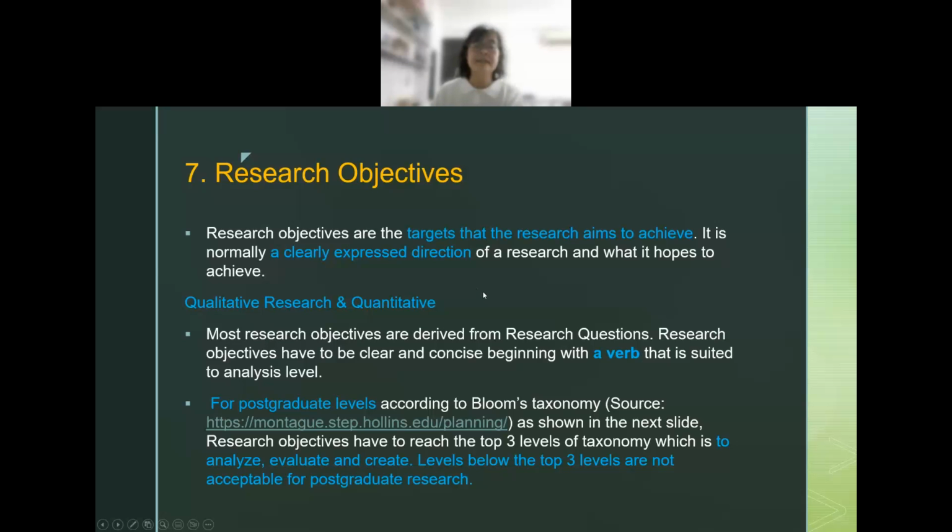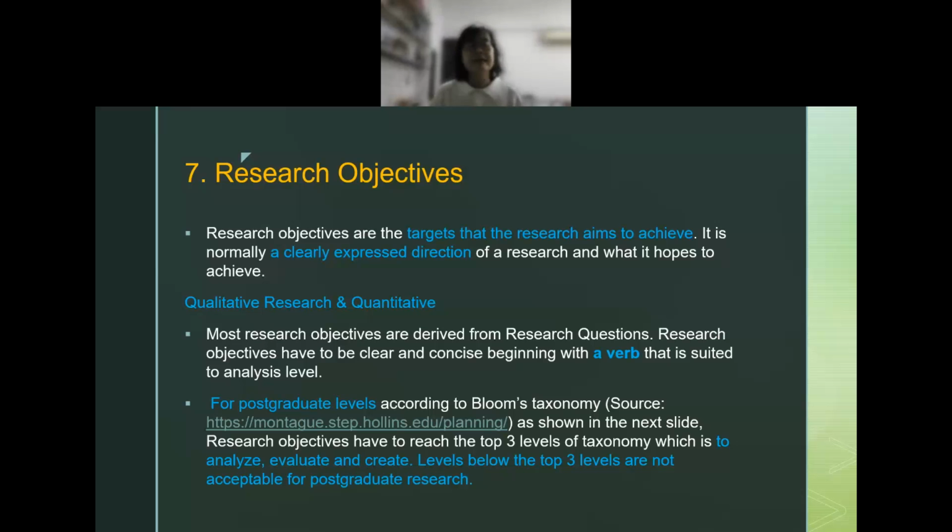Research objectives have to use a verb. A verb is an action word. For instance, to analyze, to reveal something, to uncover something, to investigate, to combine, or whatever.